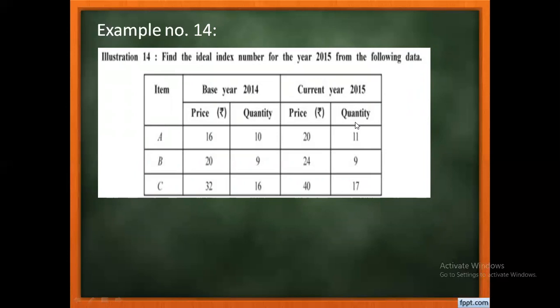Very simple sum, but what is the question? Ideal index number. In my previous video, in one line, I've stated that Fisher's index number would be the ideal index number in this chapter, right? So here you have to calculate Fisher's index number, and for finding it, first you have to calculate Laspeyres, then Paasche, and then you can come to Fisher. Or based on the direct formula we have, you can even calculate Fisher's index number.